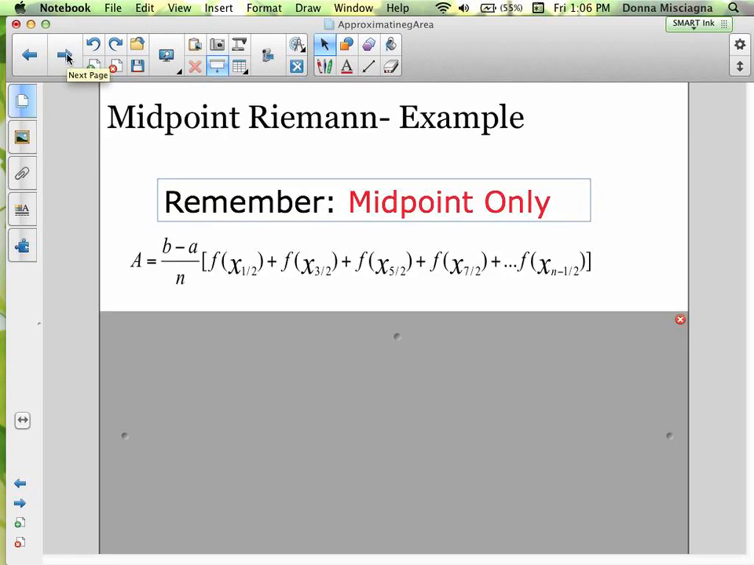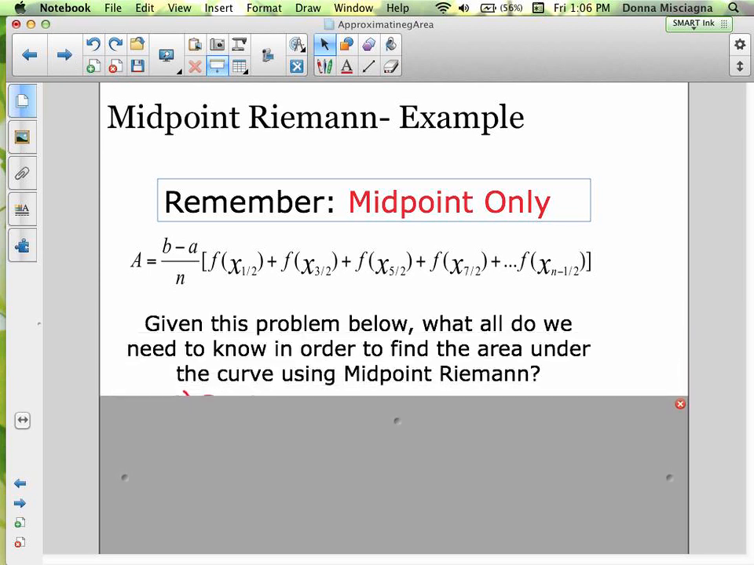All right, so remember for midpoint Riemann sum, we're using not the first value, not the second value, but the value in between those. And the value in between the second and third values, and the value in between the third and fourth, and so forth. All right? So, given this problem, all we need to note in order to find the area under the curve